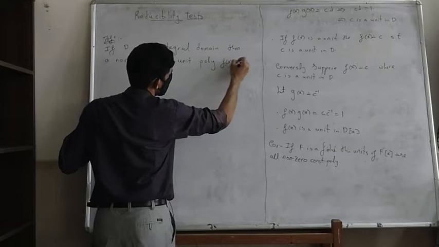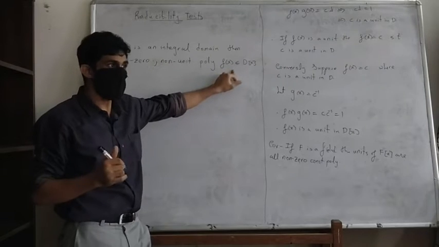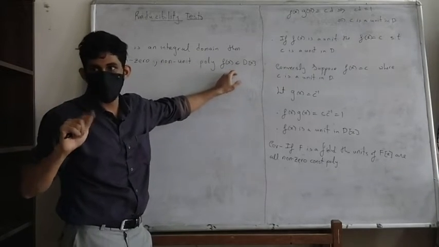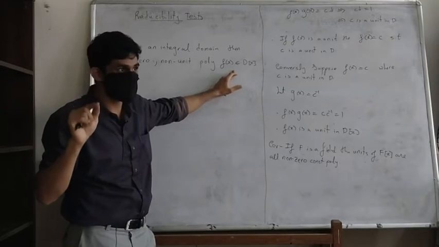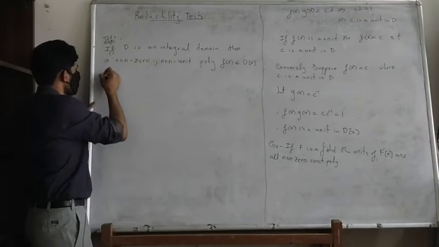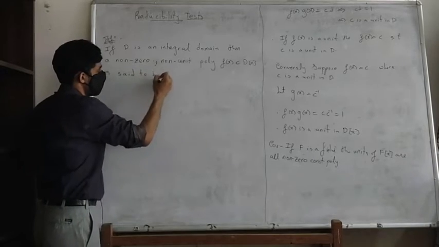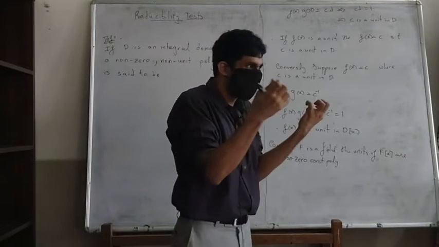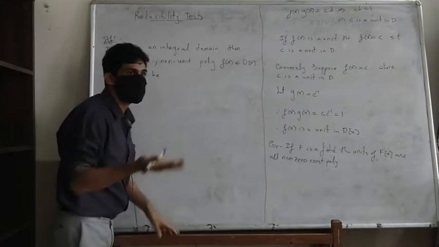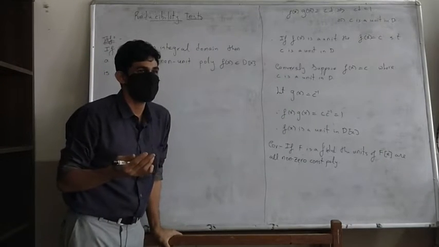Okay, then a non-zero non-unit polynomial f(x) in D[x]. Okay, so f(x) is non-zero and is not a unit. Not a unit means it's not going to be that constant polynomial where the constants are units in D. Okay, so this is said to be reducible. So reducible means I can break it. Okay, so that's the natural meaning. So like in Z we talk about what kind of integers?